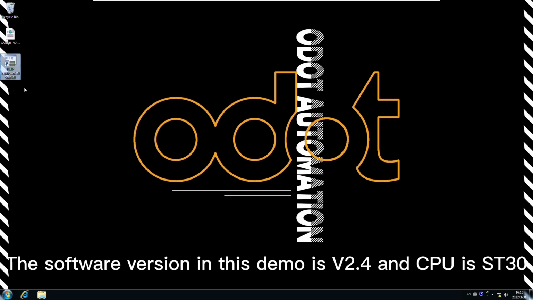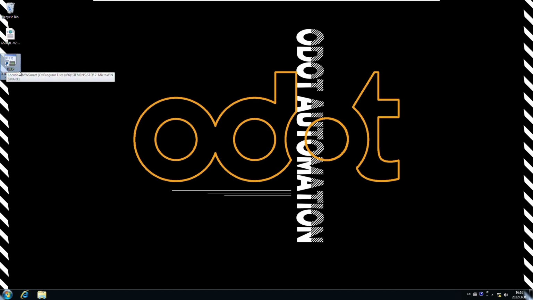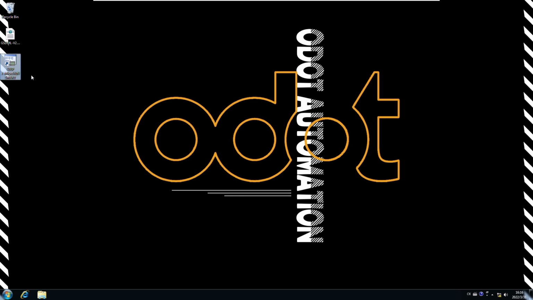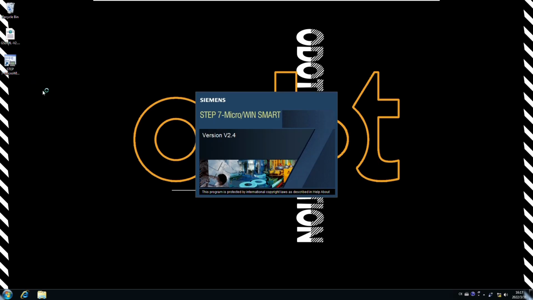The software version in this demo is version 2.4 and the CPU is SC30. The protocol adapter is CN-8032-L. Now we open the software